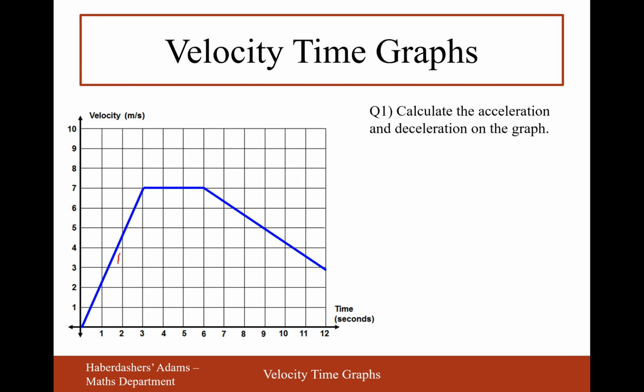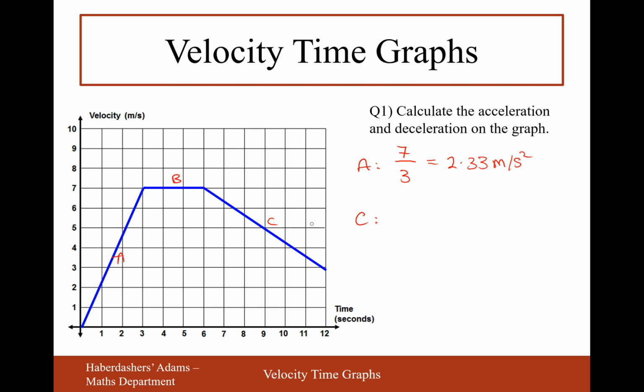Okay, so we'll call it section A, section B and section C. Section A first then. We have a difference in y, so the acceleration will be 7 over the course of 3 seconds. So that would be 2.33 meters per second squared. And then there's going to be no acceleration in section B because it stays at 7 meters